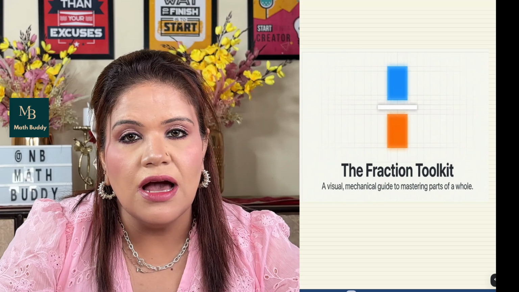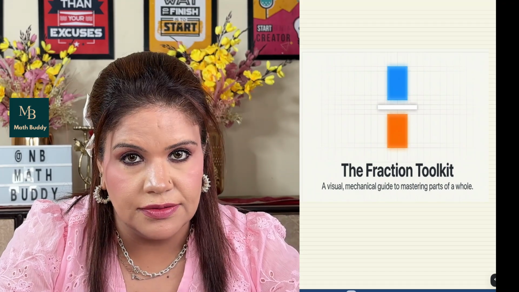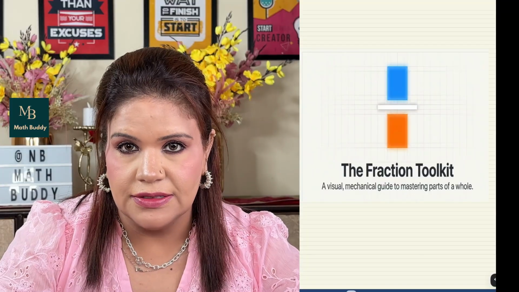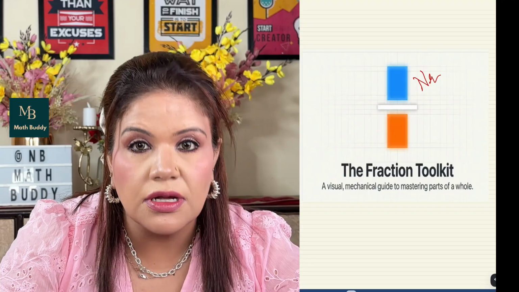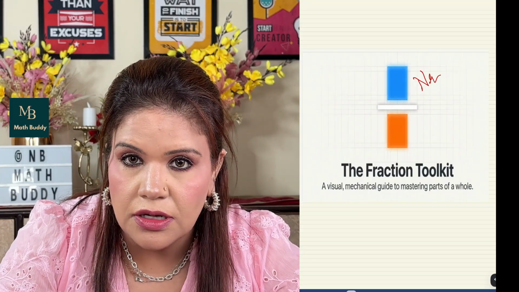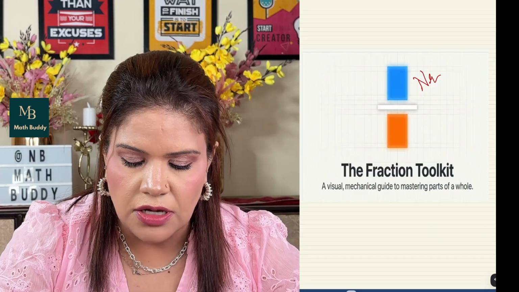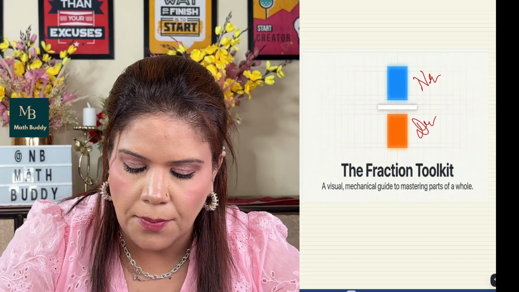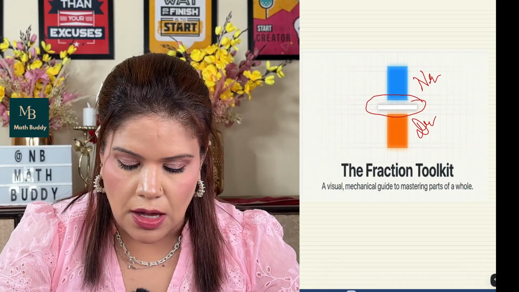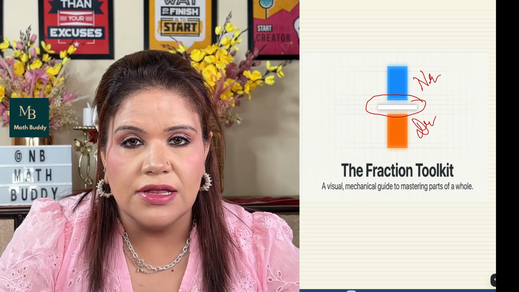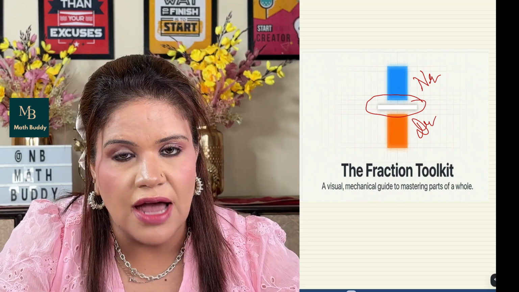A fraction is essentially a problem which is about to get divided, but we don't divide it. The number above is the numerator. The block which I have marked with blue color is the numerator. The block which I have marked with orange color is the denominator, and there is a line dividing both of them. Now this is where the mechanics of maths meet the physical reality.